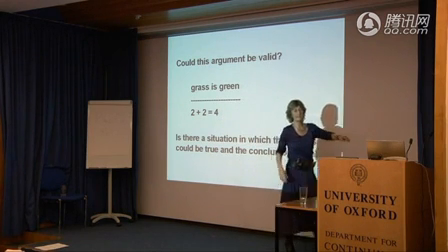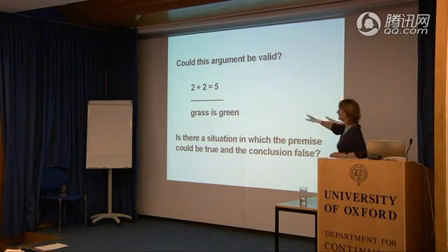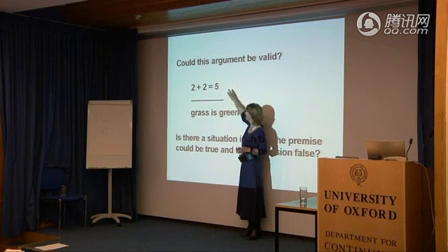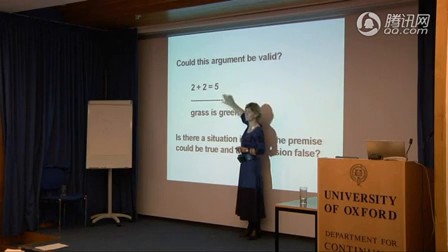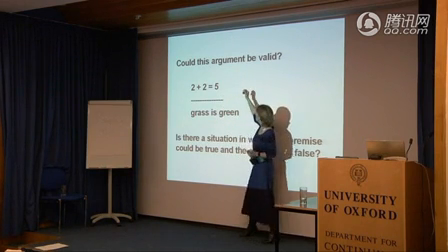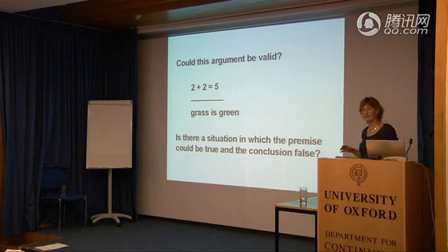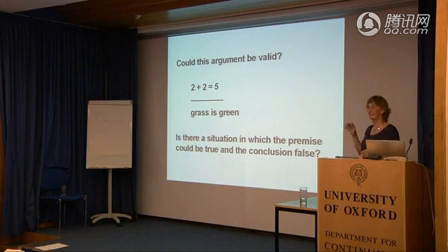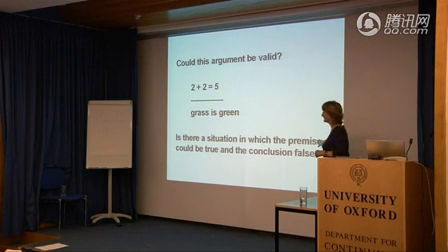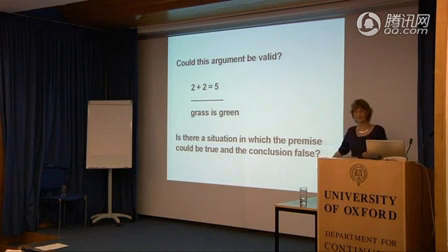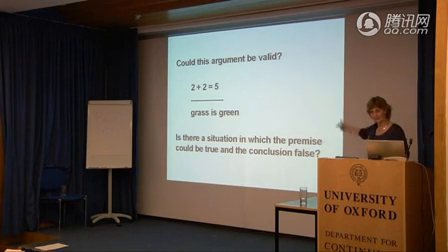And actually, the same is true of the other one, if you look at this. Given that that is a contradiction, it's necessarily false. Again, there's no possible situation in which that's true, so how could it be the case that that's true and that's false? It couldn't be. So if we say, could this argument be valid in each of those cases, the answer is yes. Not only is it valid, but it must be valid. And why is that? Because there's no possible situation in which the premises are true and the conclusion false.